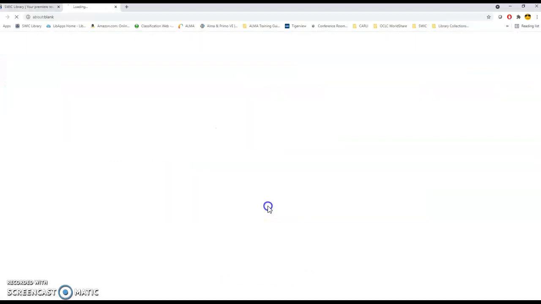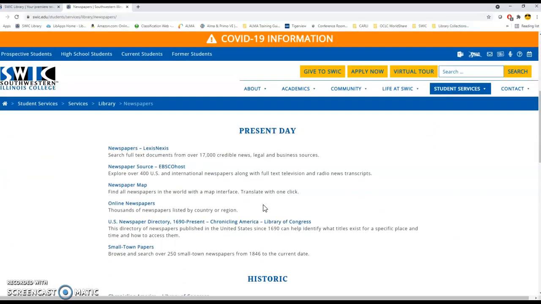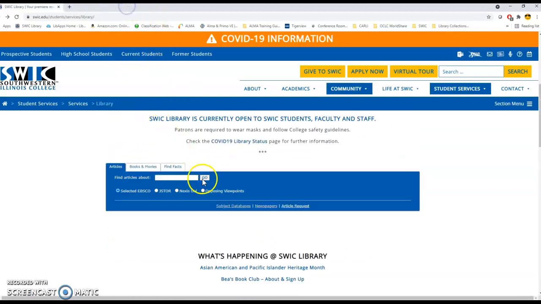There is a newspaper link if you wanted to research some newspaper articles from present day or historic times. And then the other tab is if you would find an article, whether it's in one of the databases and it doesn't have a link to full text, or if you're just Googling around on the internet and you see an article that you would like to read, you can always click on this link and send the article request